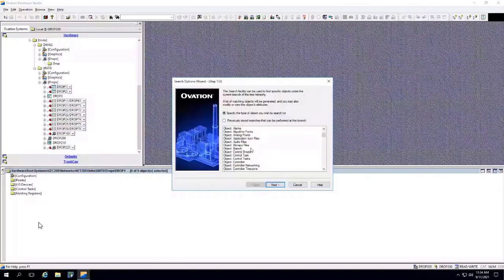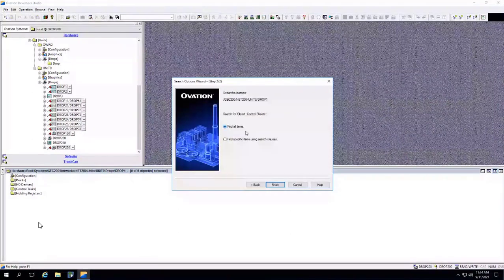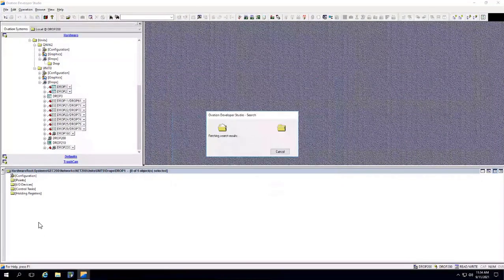In this search window, I want to search for all the control sheets. So select this control sheet from over here. In the filter, I added the filter of control sheet. Next, find all and finish. So in drop 1, I'm having 507 control sheets. So this way you got this filter.